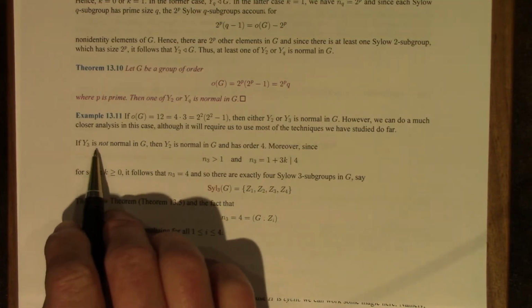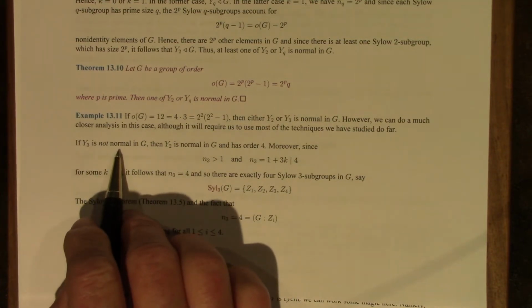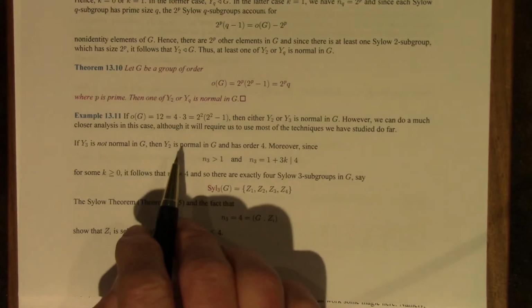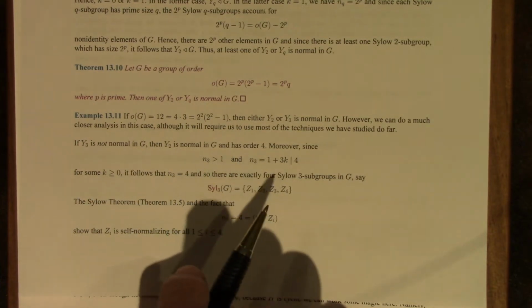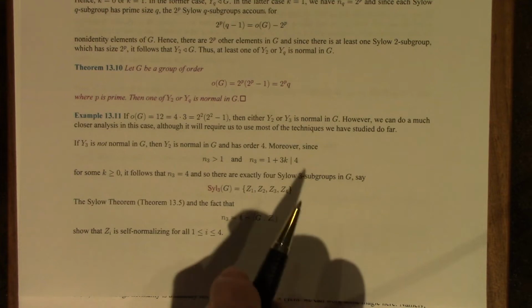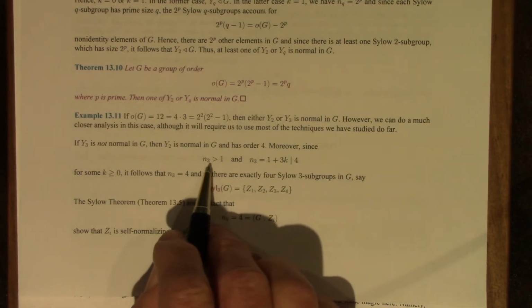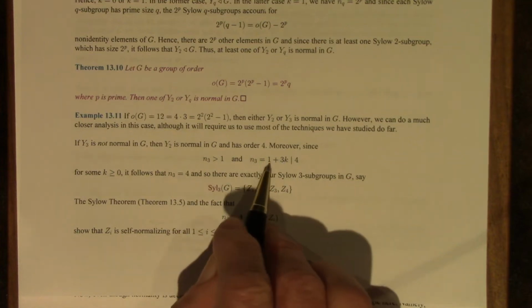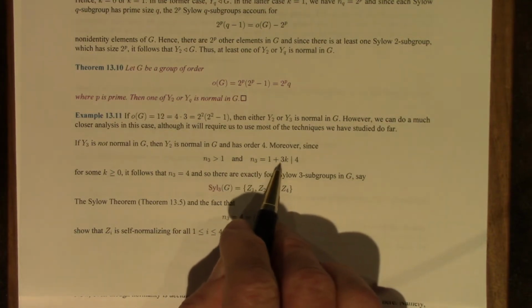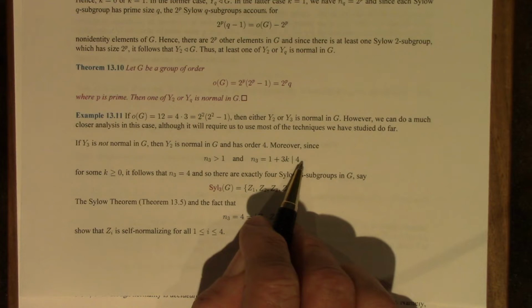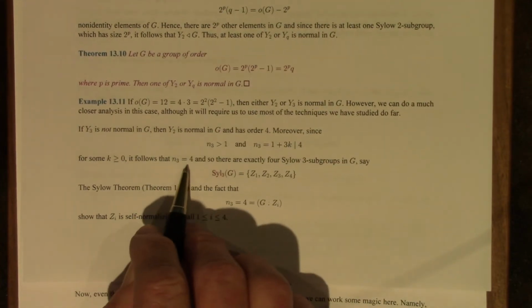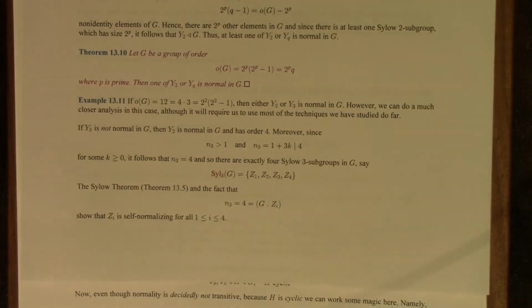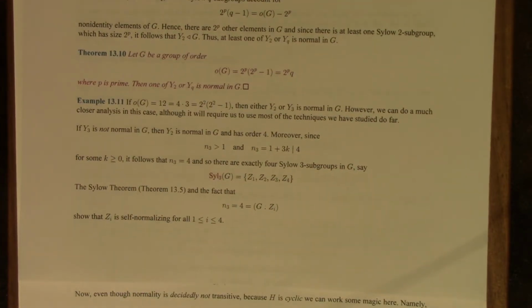Suppose for a minute that Y3 is not normal in G. Then Y2 is normal, and it has order 4. Since we're assuming N3 is greater than 1, but N3 has to have this form, 1 plus 3k, and has to divide 4, the only choice is that N3 is equal to 4, so there are exactly 4 Sylow 3